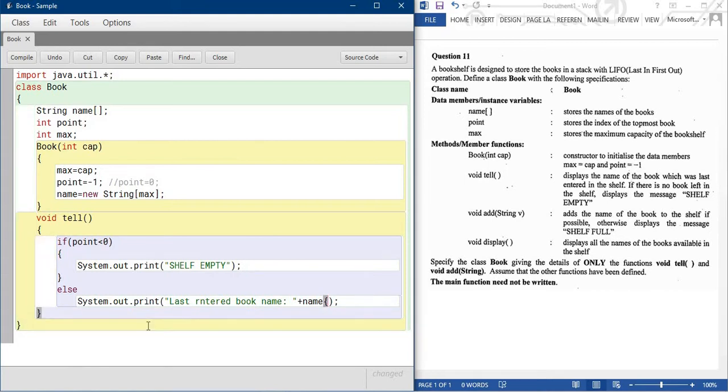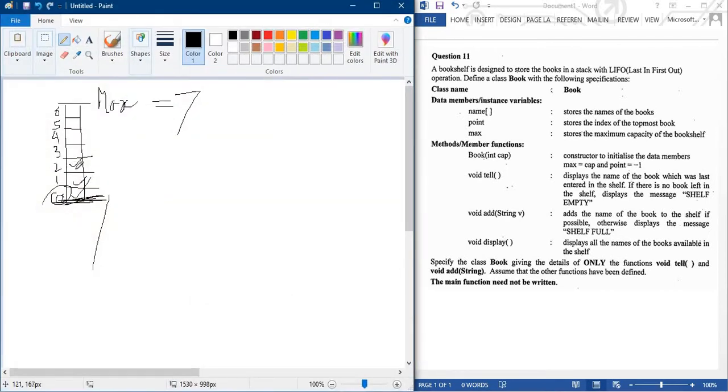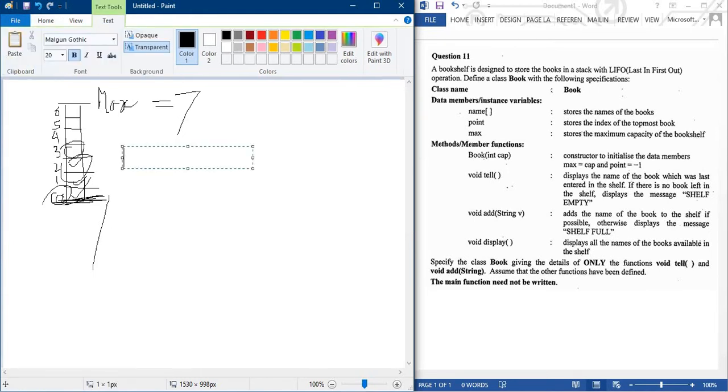Now we need to put the position, where the last value is. So you use the point. Suppose the point is at position 0, it will print the 0 position value. If it is at position 1, it puts the 1 position value. Whatever position the point is at, you can see in the diagram again: this particular position is controlled by point.